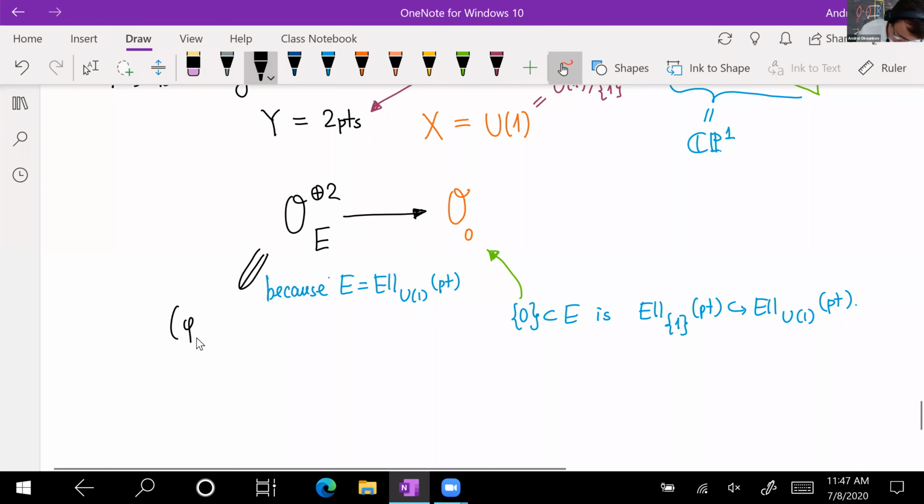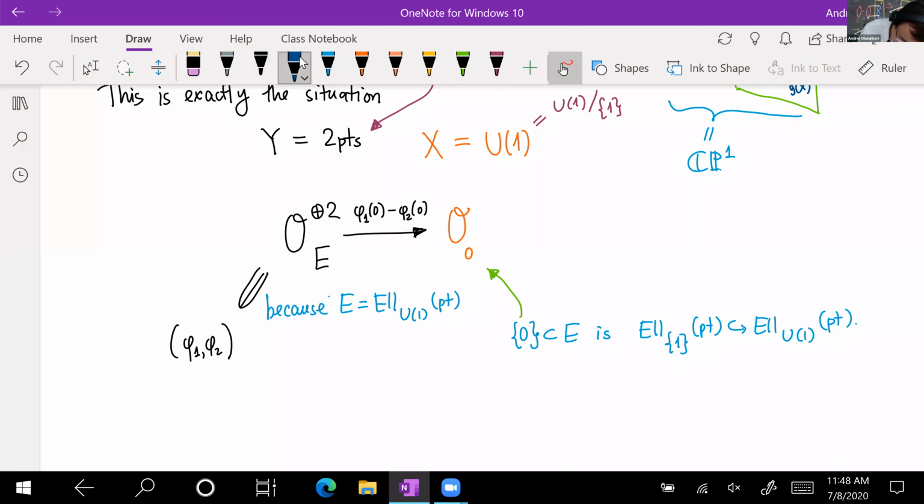And then, so here, what would be the map? If I glue one side of the cylinder to a point, then one of the maps is going to be evaluate phi1 at 0, and another map is evaluate phi2 at 0. So that's the map. And now I have to compute the kernel of this map. That is to say, the cone shifted by 1, but in this particular instance, this map is surjective. Right? This goes to 0. And the kernel of that